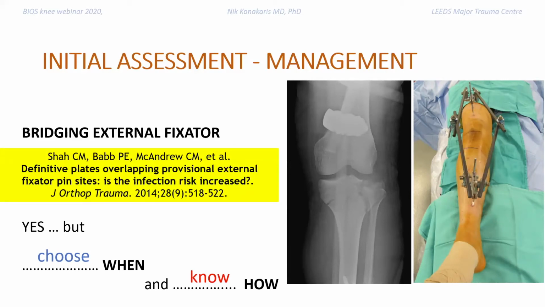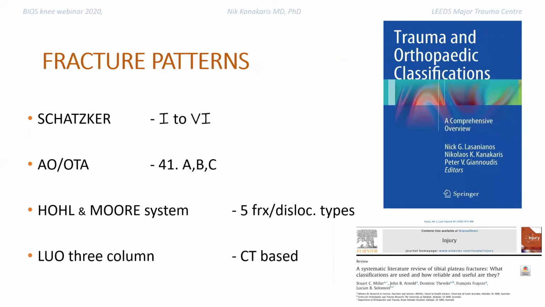For dislocations or open injuries or more complex fragmentation, we may need to align the leg again. However, we need to make sure that our pins are not overlapping a future internal fixation, which can lead to deep infection in the future. As far as fracture patterns, the Schatzker, the AO/OTA, or the Moore systems are quite old